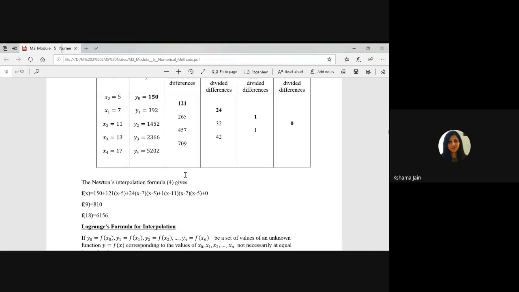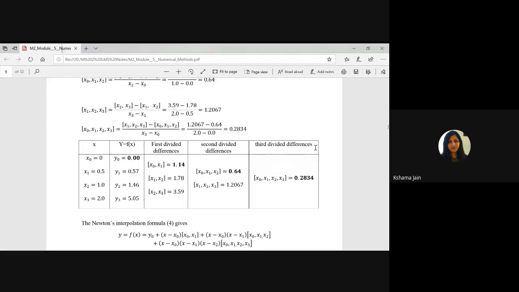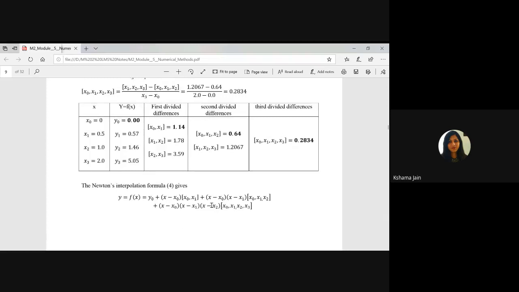Ma'am, but for the third divided difference, how will it be? Like I showed you in the question here, this is the third divided difference, till x3 you are having. So the formula will terminate here. Up to subtraction you will take only up to x2, meaning n minus 1. Suppose n is 3, here n is 3. So in subtraction you will take up to 2. But in the square bracket, the divided difference is up to 3: x naught, x1, x2, x3.